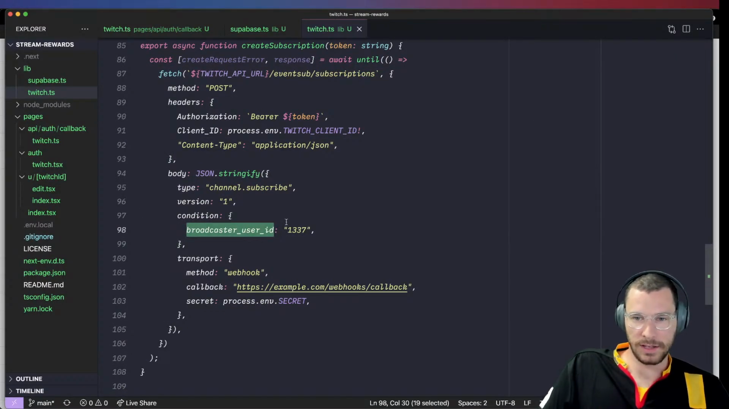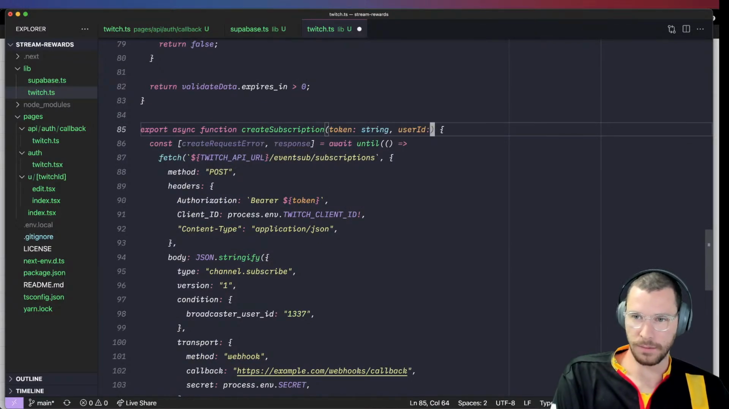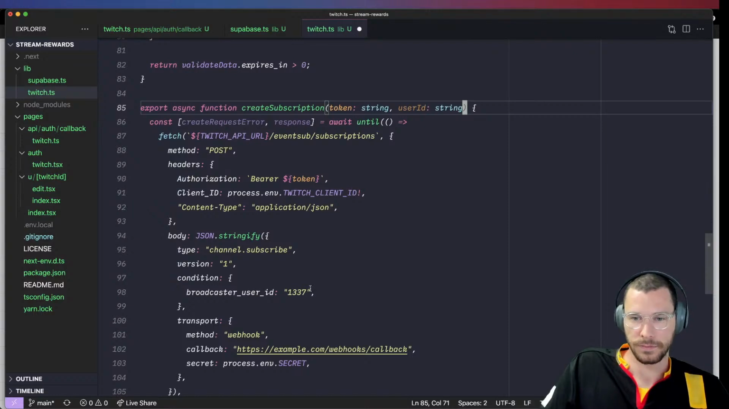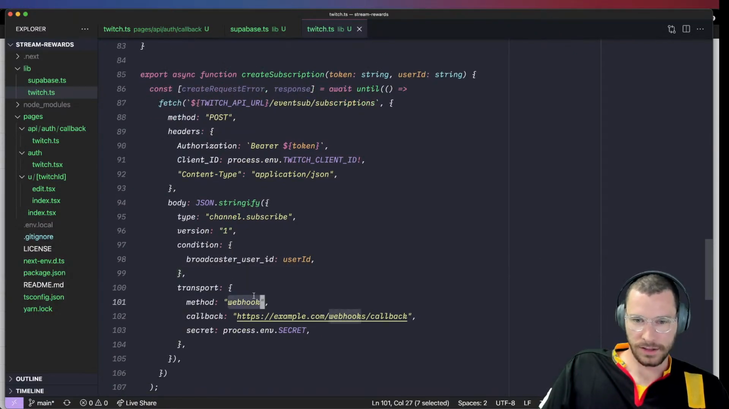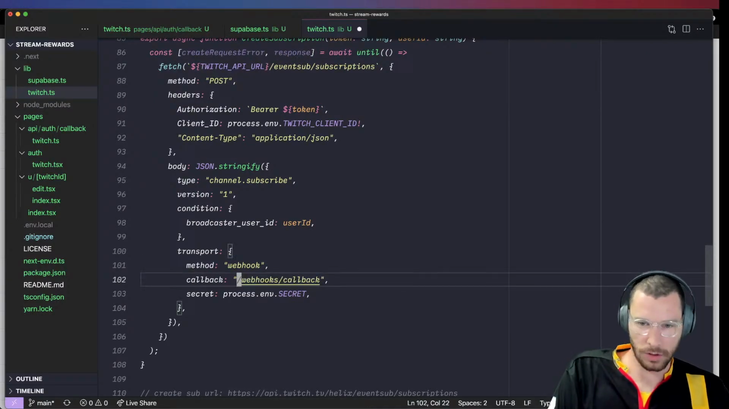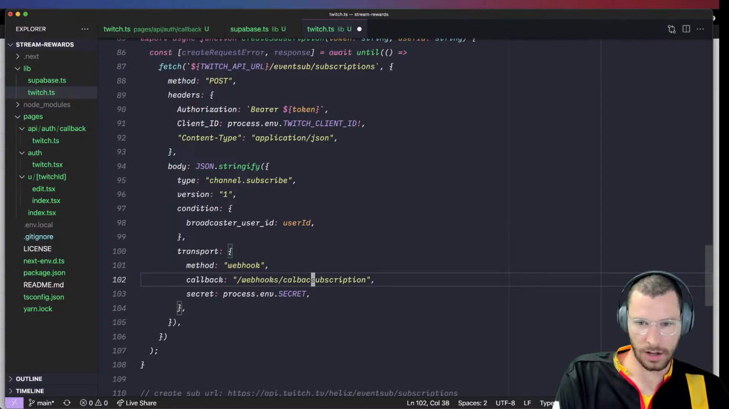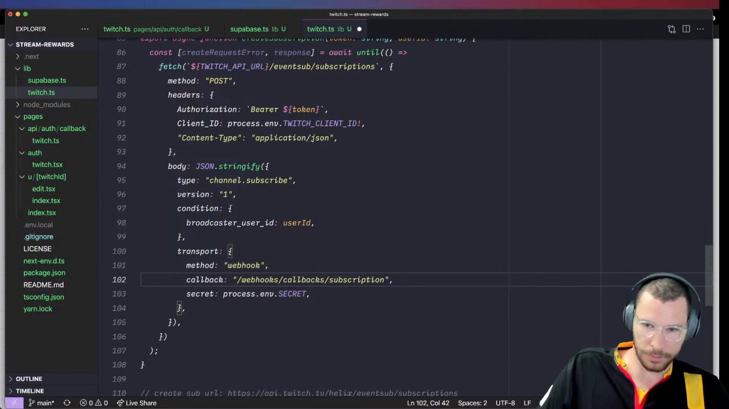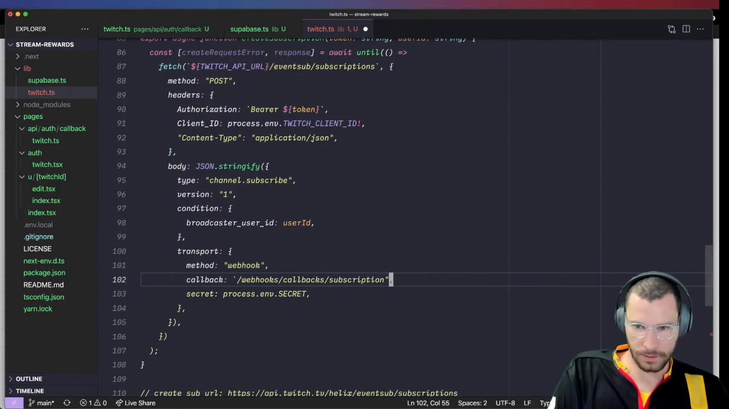So then the user ID we need to have in here. So the token, the user ID for the sub, which is also a string, user ID. There, it's a webhook. The callback is going to be our base URL, and then we'll go callbacks, webhooks slash subscription. I think that's probably reasonable, right? And then this is the function that we'll serve ourselves,